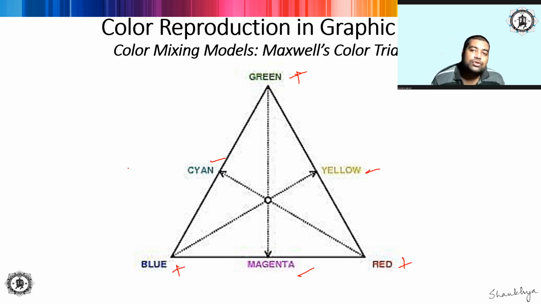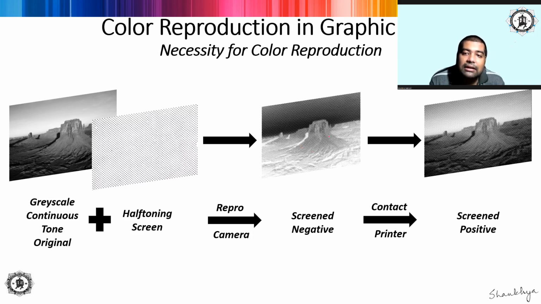All right, so this was what we had discussed in the previous lecture. And in the next lecture we will be starting our discussion of color separation. So this picture you have already seen in the last lecture of the halftone reproduction unit. I had already shown you this particular picture, if you remember. What is this schematic all about? This schematic is basically telling us how halftone reproduction is achieved.